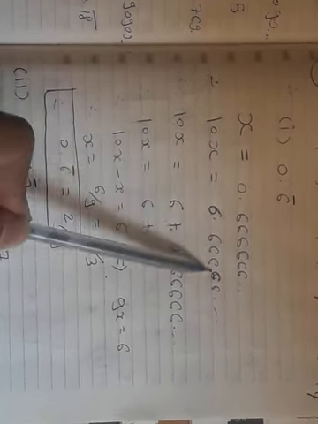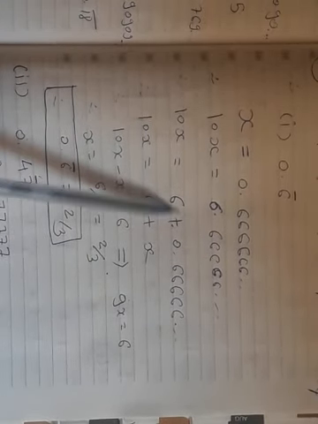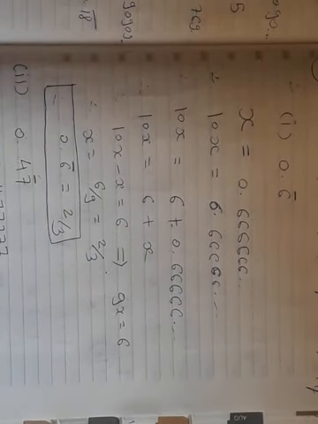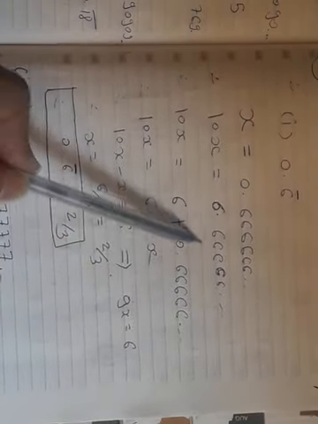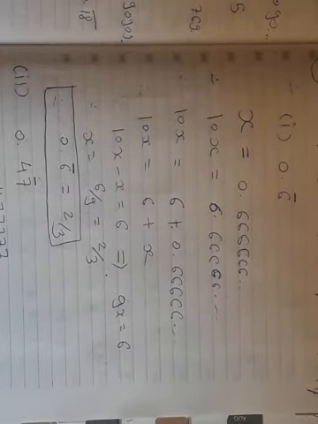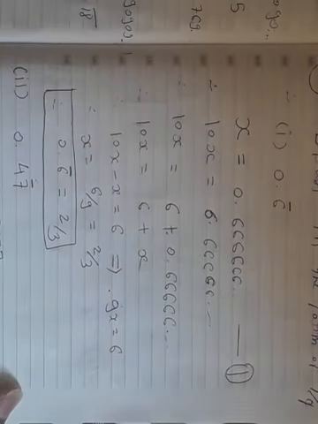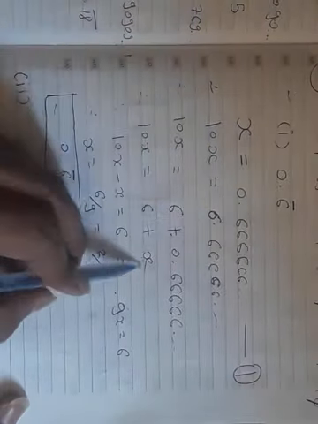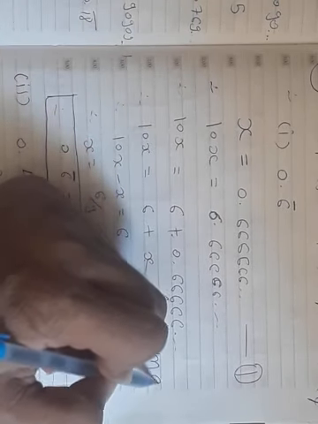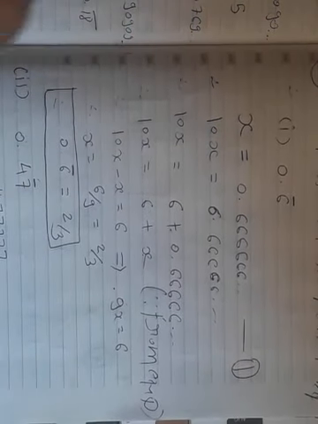So to have 0 here, I take this 6 separate. Okay, so I can rewrite it like this: 6 plus 0.666. If I take the total, 6 plus 0 becomes 6, and this 6666 will be as it is. Okay, now instead of this 0.6666, we can put X. Let's call this equation number 1. So whenever I put this value here, I can write 10X equals 6 plus X, because I have written this from equation number 1.